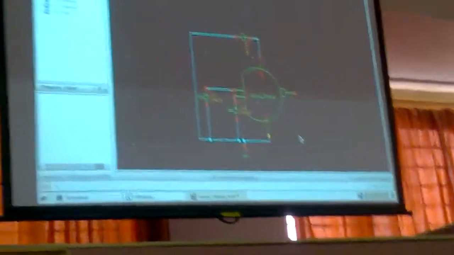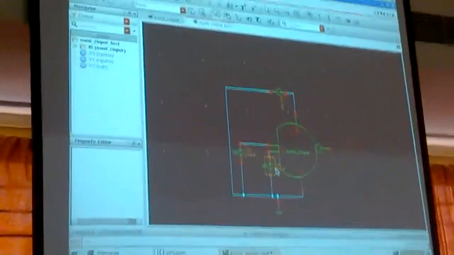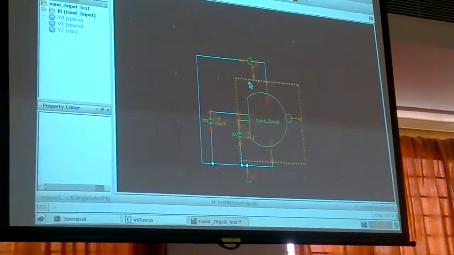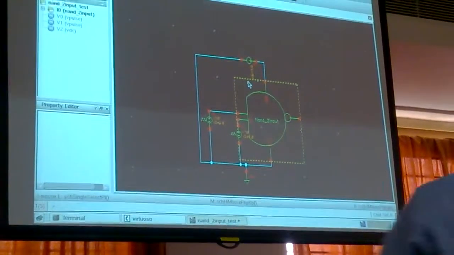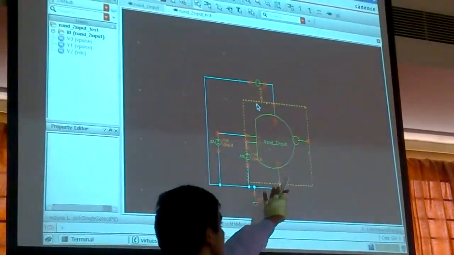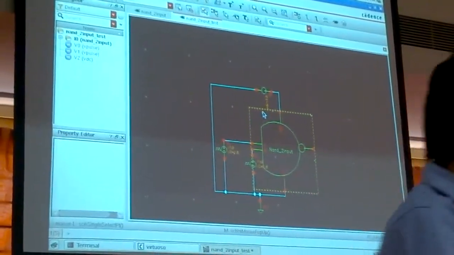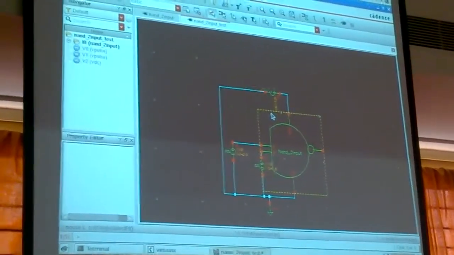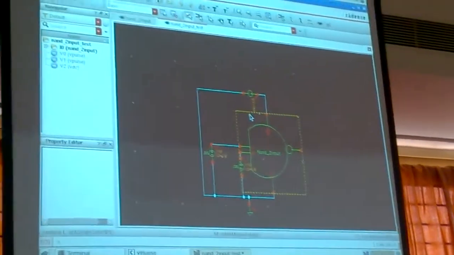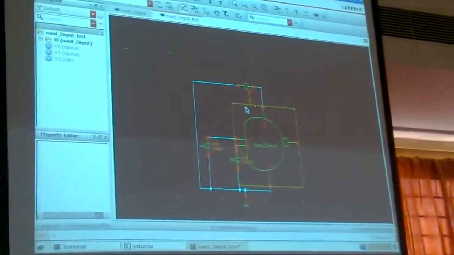And place any of this input, V pulse or VDC, inside this yellow box. See, I am placing this V pulse inside this yellow box. Place something like that in your design also. I want to show you a few errors which may happen if you are placing your inputs inside that yellow box. If you want to see the errors, put it inside the box.